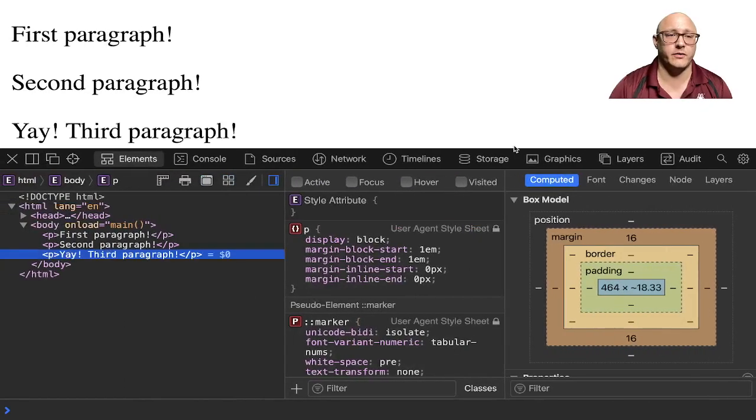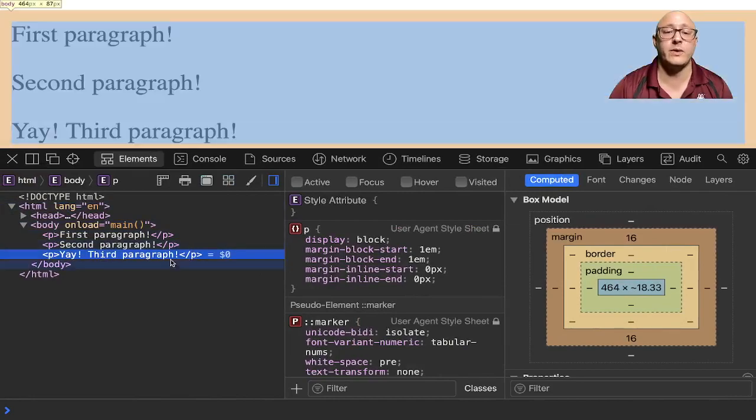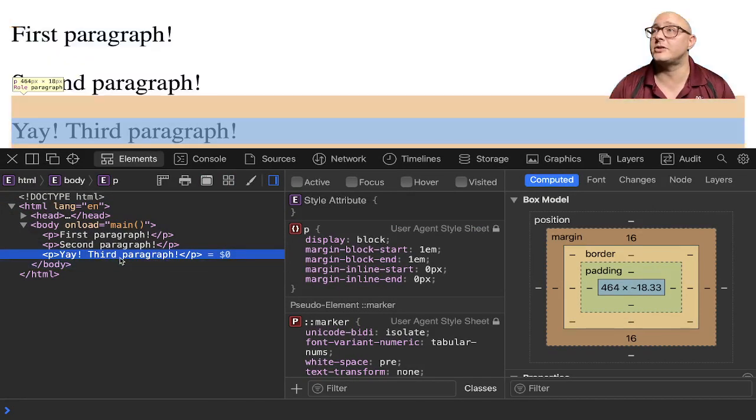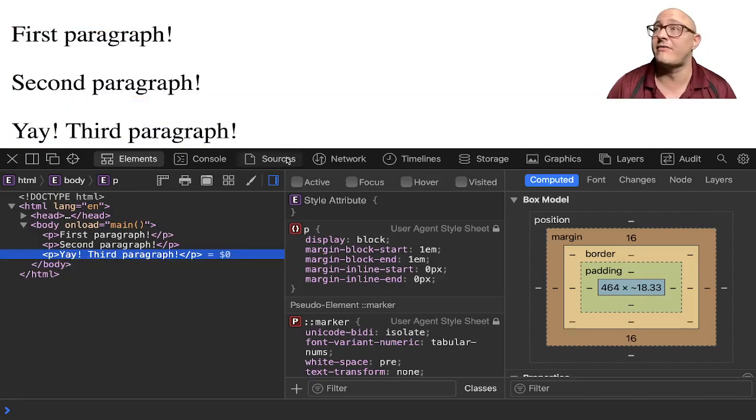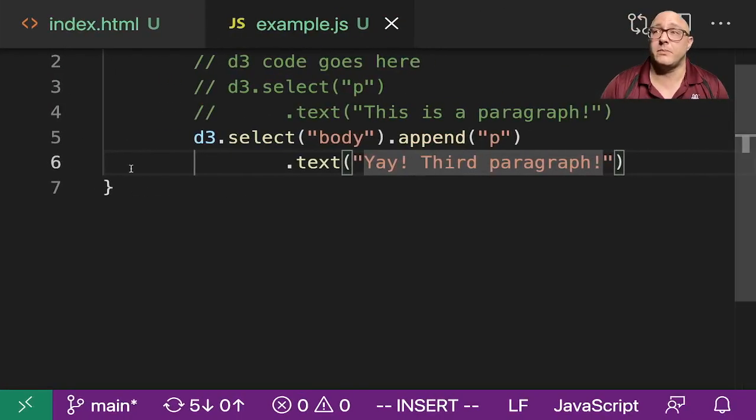Now look, yay, third paragraph, and we did this with D3. We inserted that paragraph, then we inserted text into that new paragraph after we appended it to the body tag, or the body section. That's very useful,